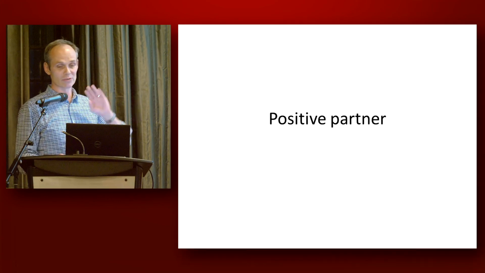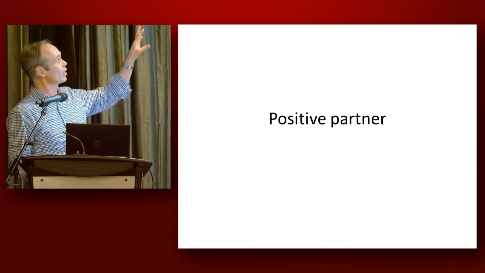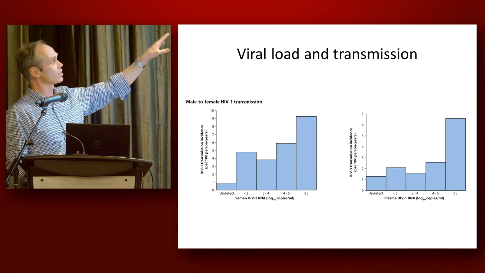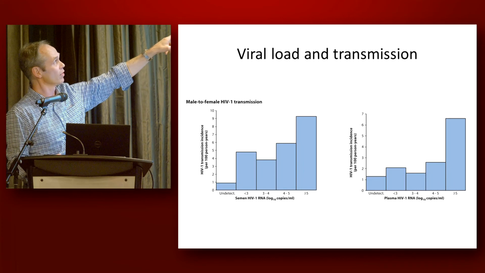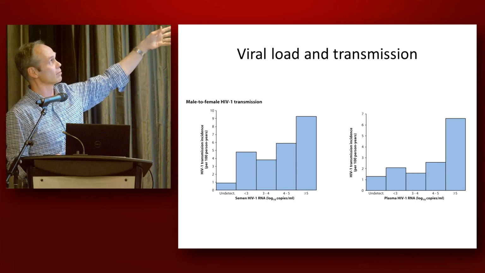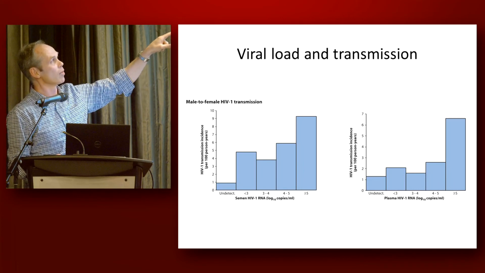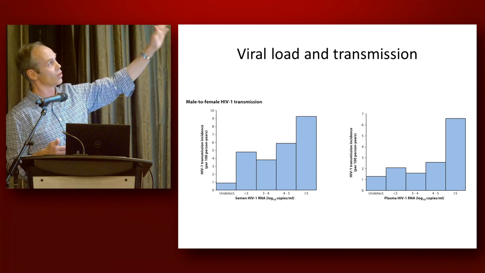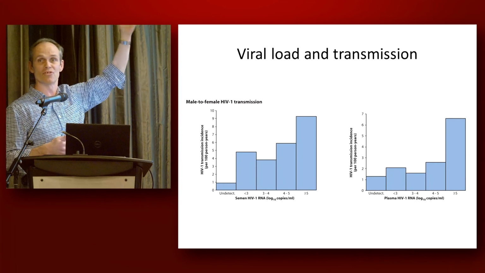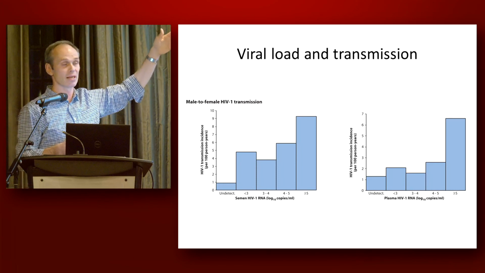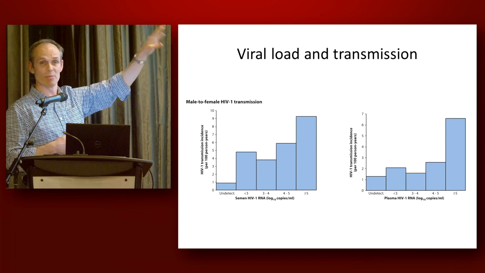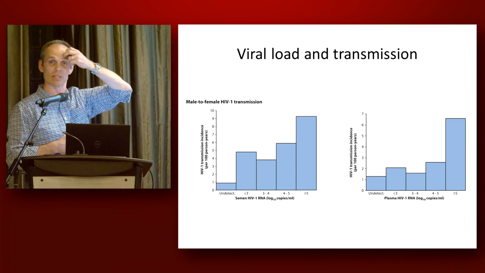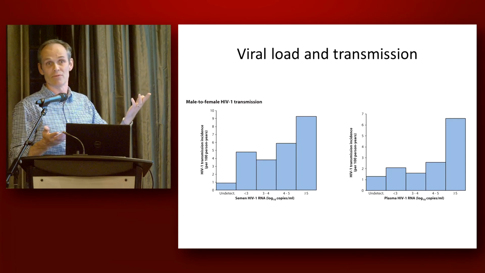So in the positive partner is really the easiest message. So this is looking at genital secretions now, and summarizing lots of work. On the left here, we have the risk of transmitting to your partner if you're in a discordant couple, and the amount of HIV that you have in semen. So the more HIV there is in semen, as you go over to the right, the higher the percentage chance that you're going to transmit to your partner each year. And if we look in female genital tract at vaginal secretions, exactly the same thing. As the amount of virus goes up, so the risk of transmission goes up.